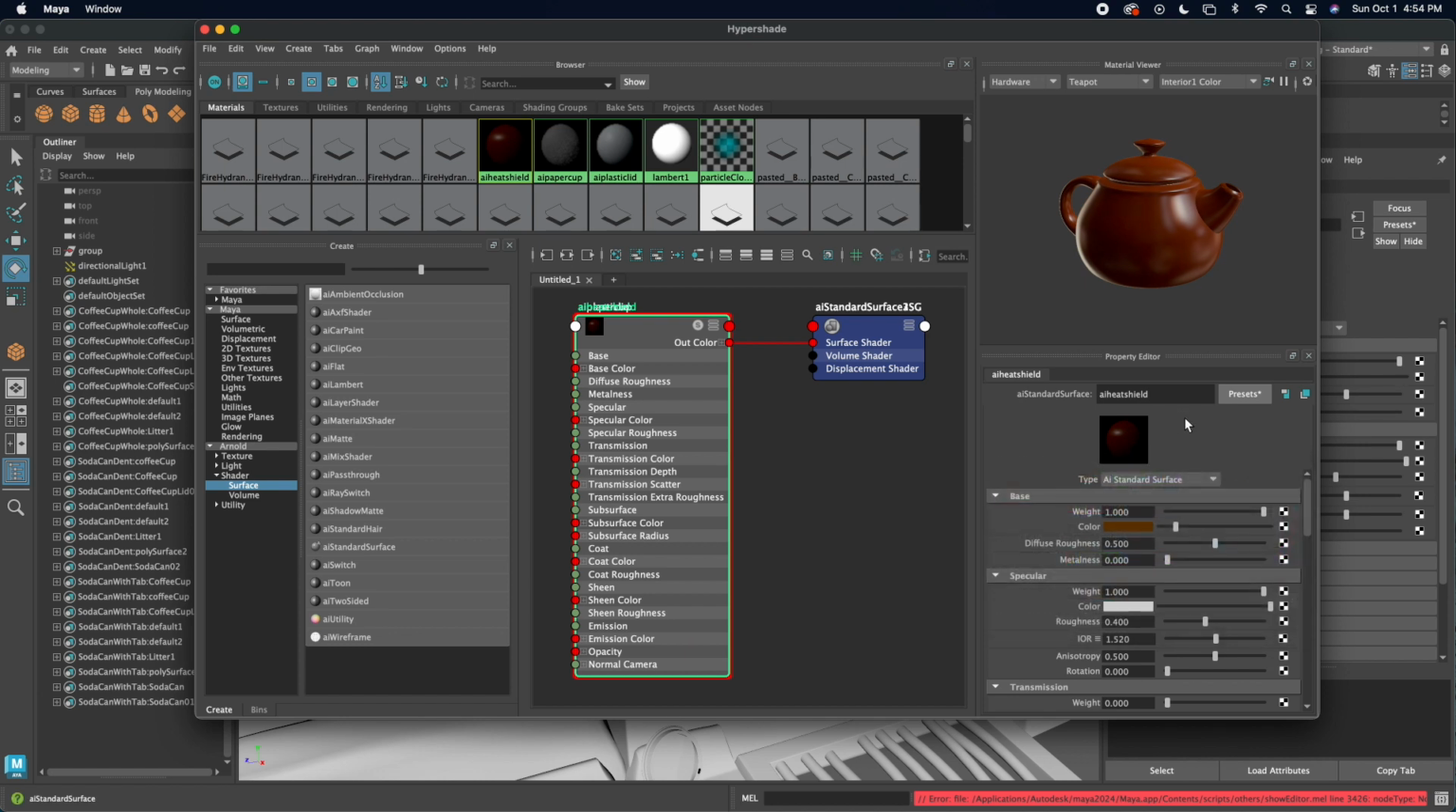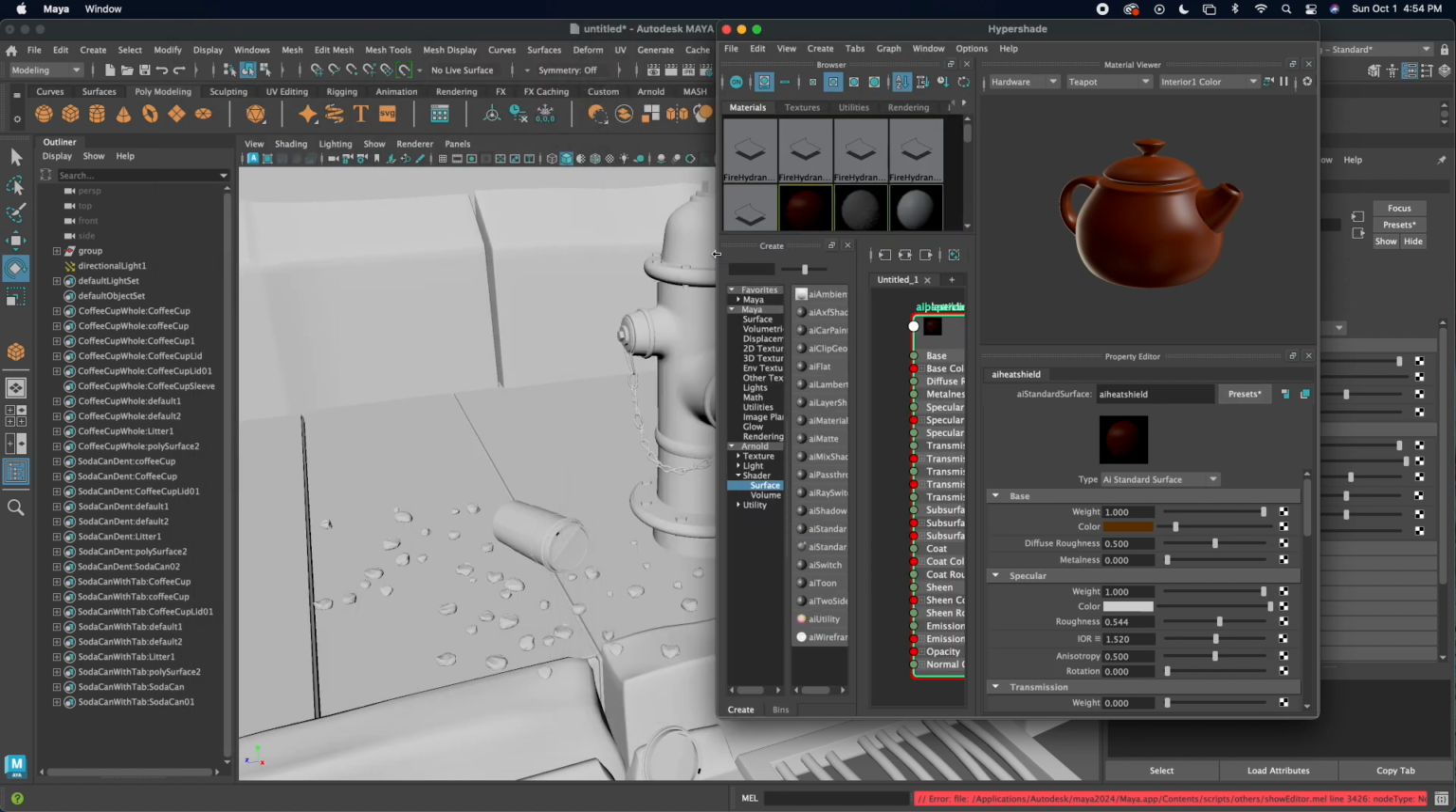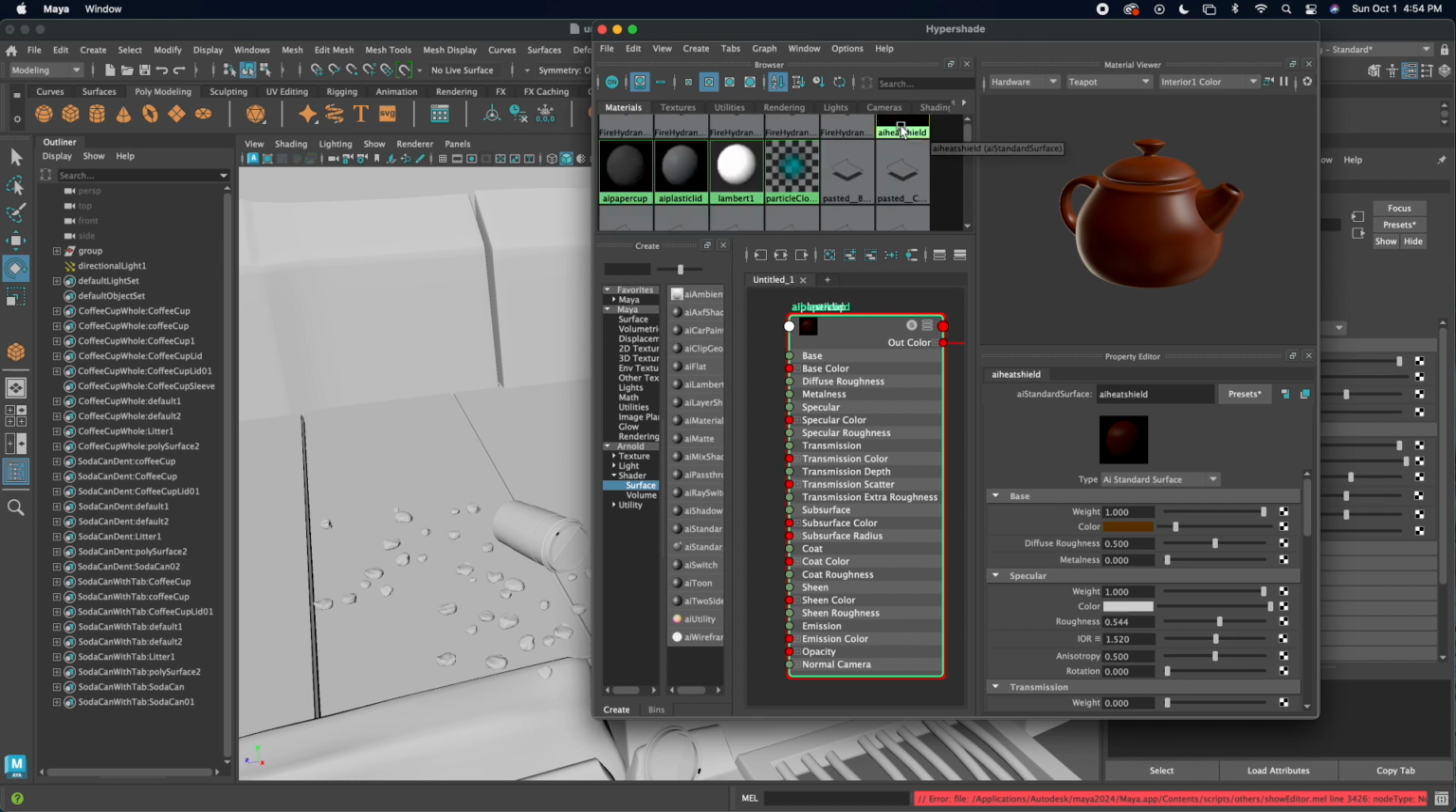Something like that. And then I'm going to take this roughness up. Okay, so I'm doing this very quickly, but there are different ways that we can do this. So once I've got my materials created,